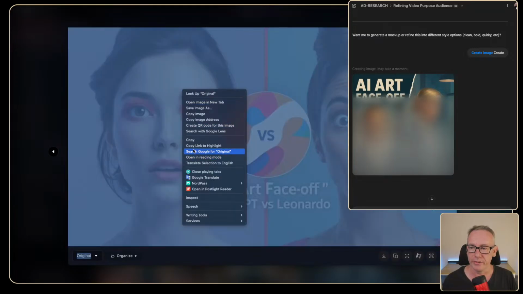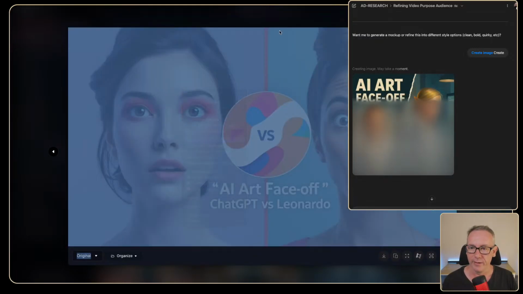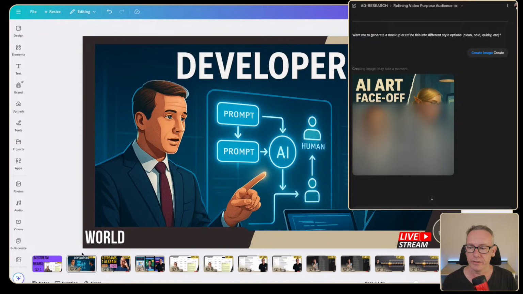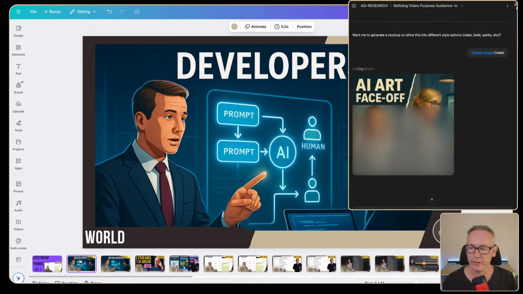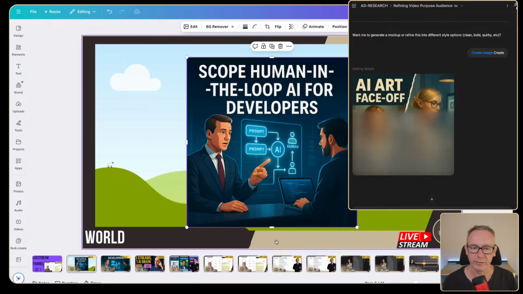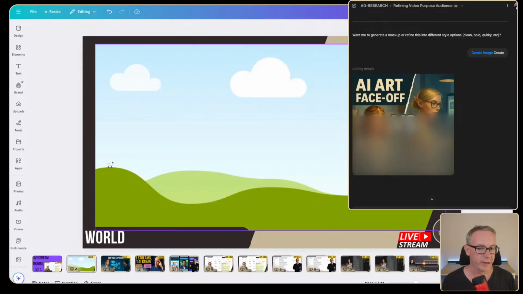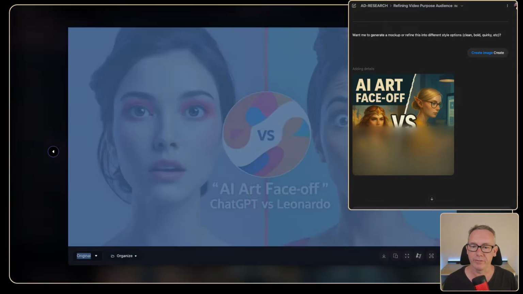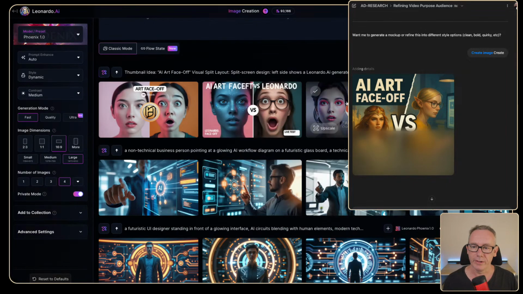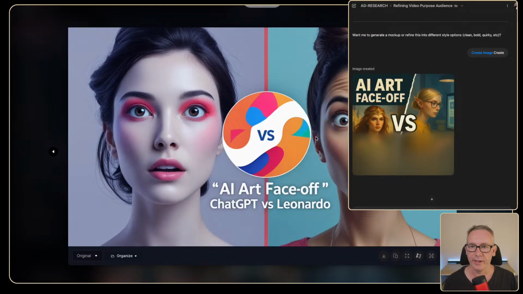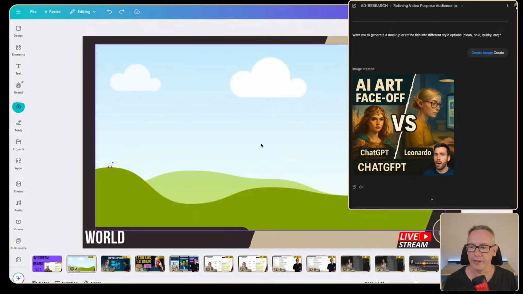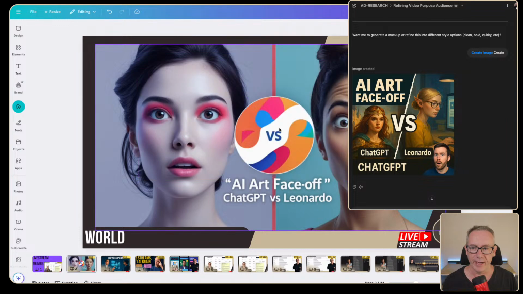So what we might do is we'll just copy that and we'll just jump in here and we'll do a duplicate on that and we'll detach the image and we'll paste it in. And why is it not pasting in? Somehow I've picked the wrong concept. So we click on that, we copy the image, we come in over here and we paste it, and we're ready to go on that one as well.